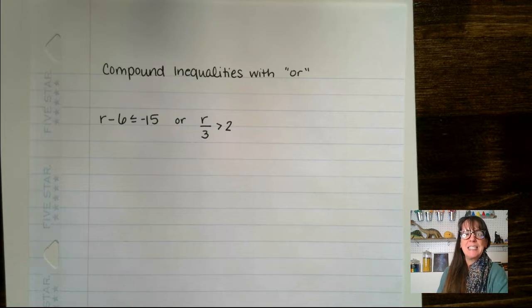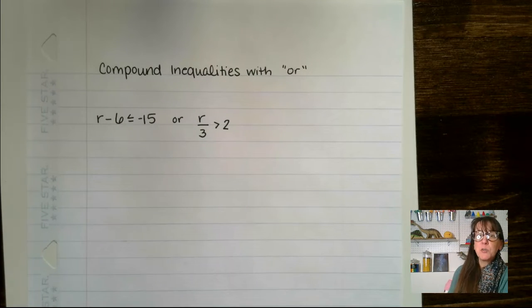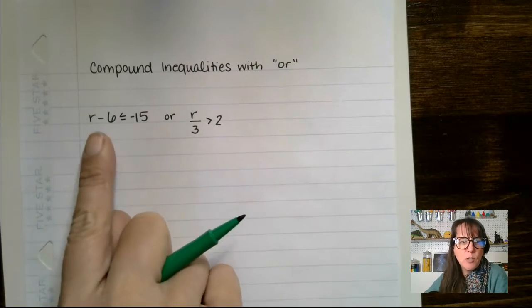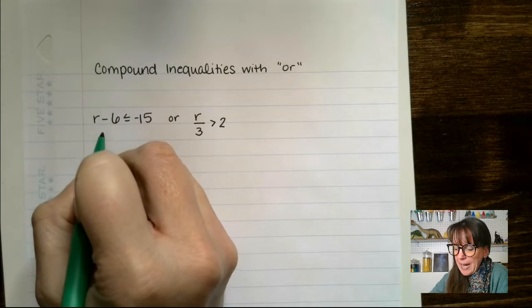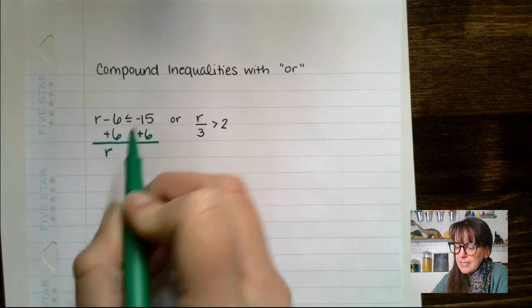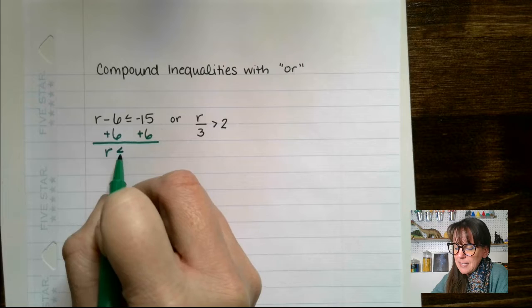So what we do instead is we solve each of these individually, but we graph them together on the same number line. So looking at this one here, we're going to add 6 to both sides. When we do that, we get r is, and this guy looks like an L, so it's less than or equal to